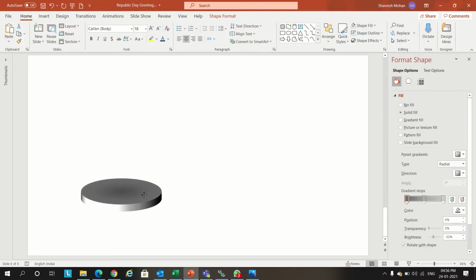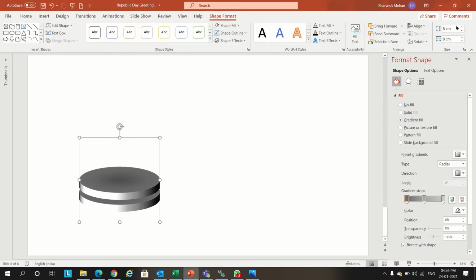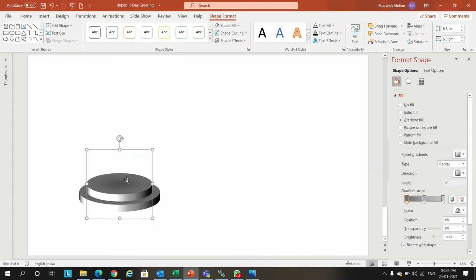Now we have created one circle. We'll create a duplicate of this, and we'll go to Format Shape, go to Size, and we'll give 6.5 centimeters for both width and height. 6.5 for both, and we'll place it on top like this.